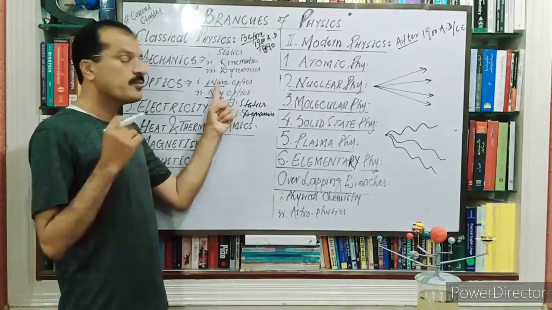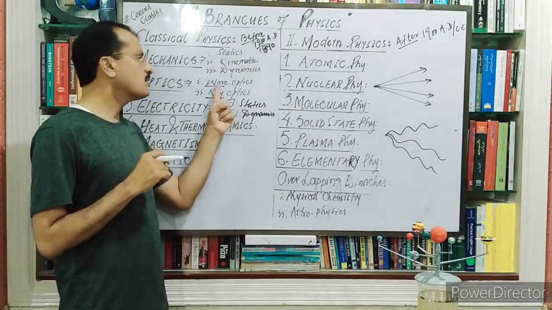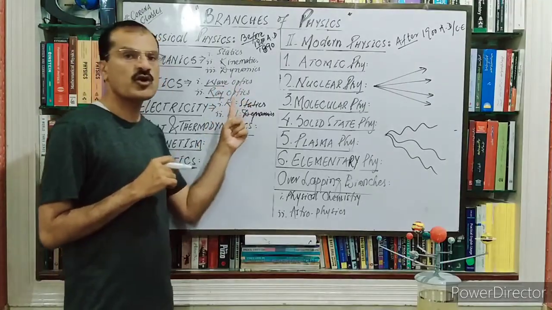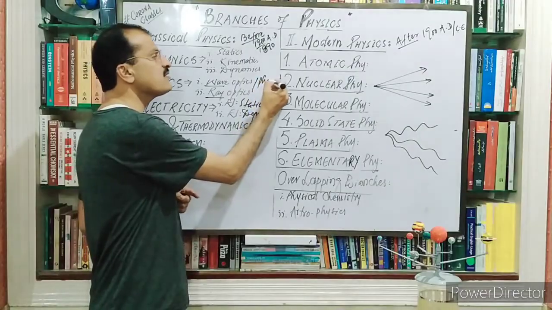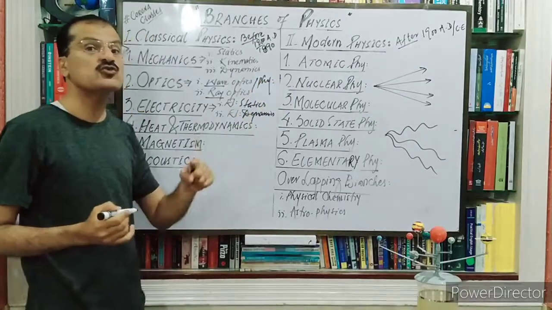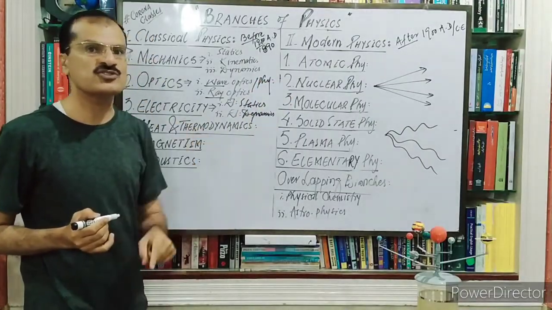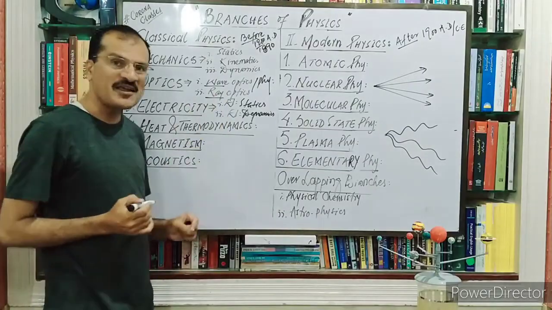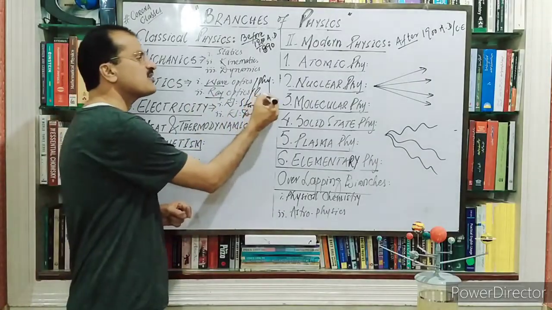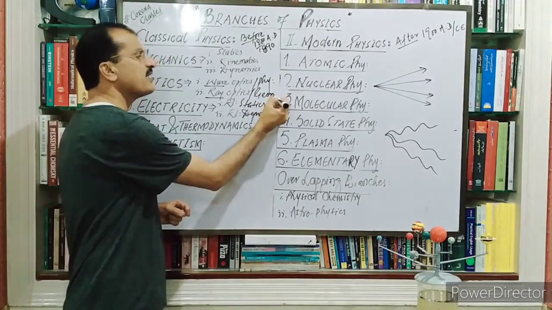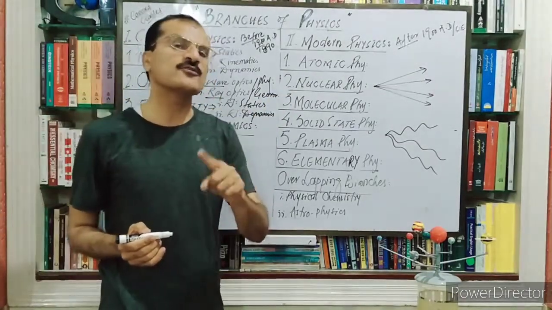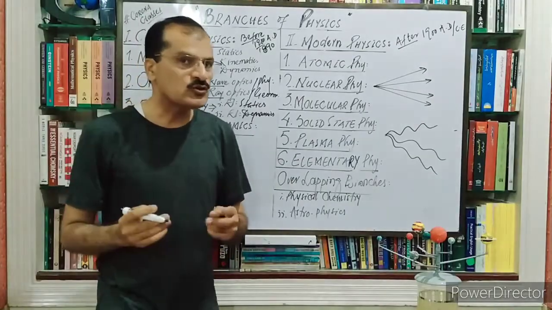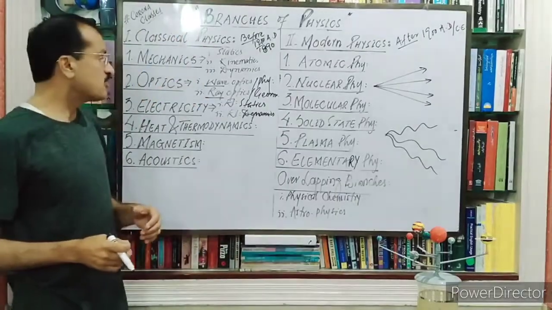On the basis of the wave model, the study of light is known as wave optics. Wave optics is also known as physical optics, and that is your 9th chapter of the first year class. Ray optics is also known as geometrical optics, and that is included in your 8th chapter of the first year class. So now conclude this.